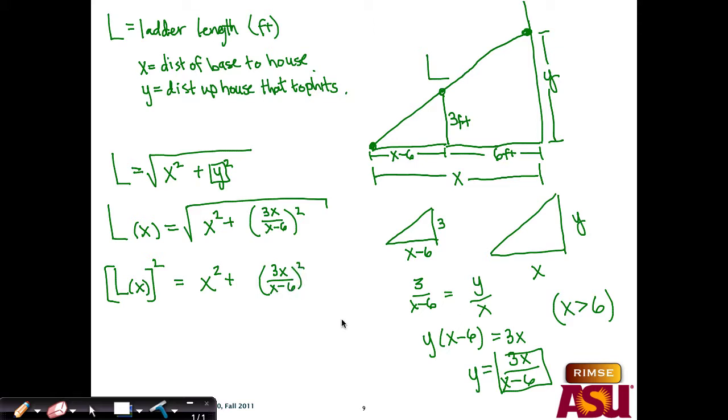And if this is at a minimum, then so is that, because of the way square roots work. If I take a square root of a larger number, it's larger. If I take a square root of a smaller number, it's smaller. So just to simplify this a little bit, if I take a derivative of this then,